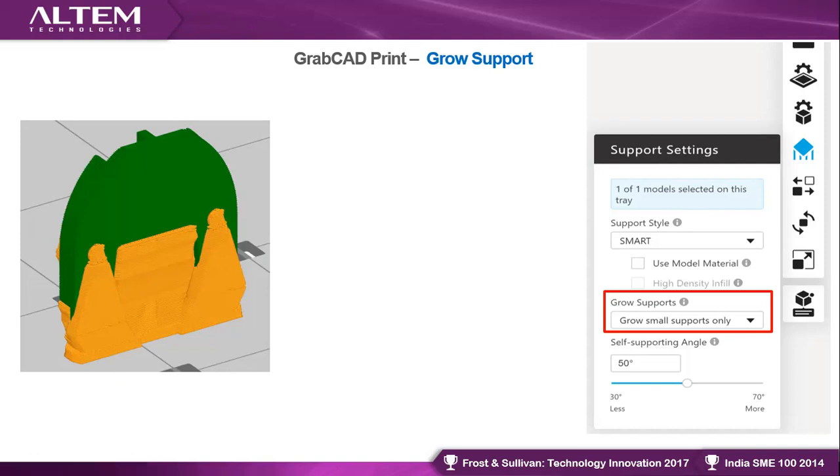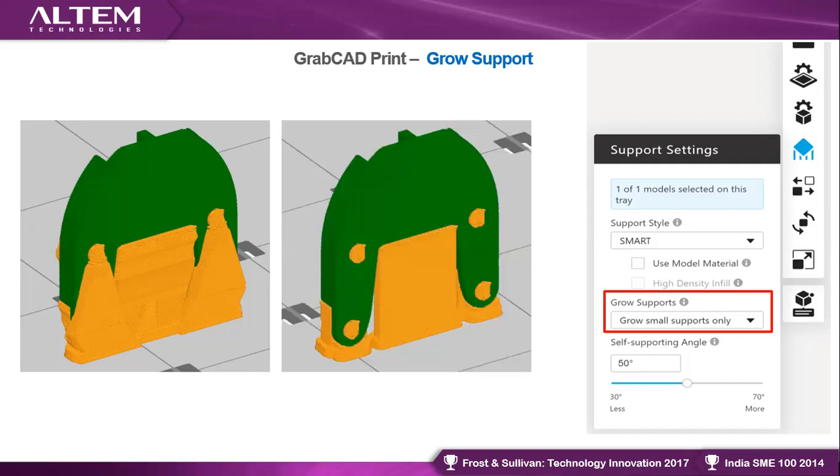So you have an option called grow support just below the support settings option. If you click on the grow support, what's going to happen? The support is taking place wherever exactly it is required. You can see this, right? So that you're saving a lot of material here. See, it's actually creating the support only at this face and these four hole faces, right? So I don't want to print it from the bottom.